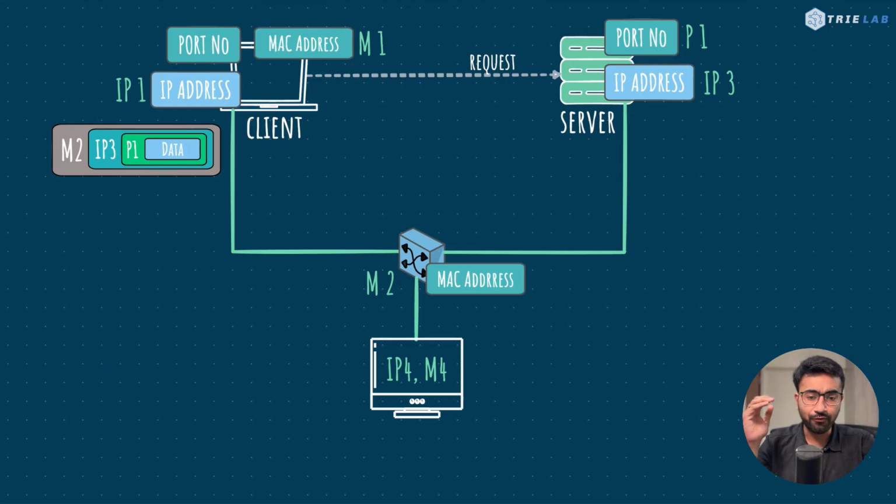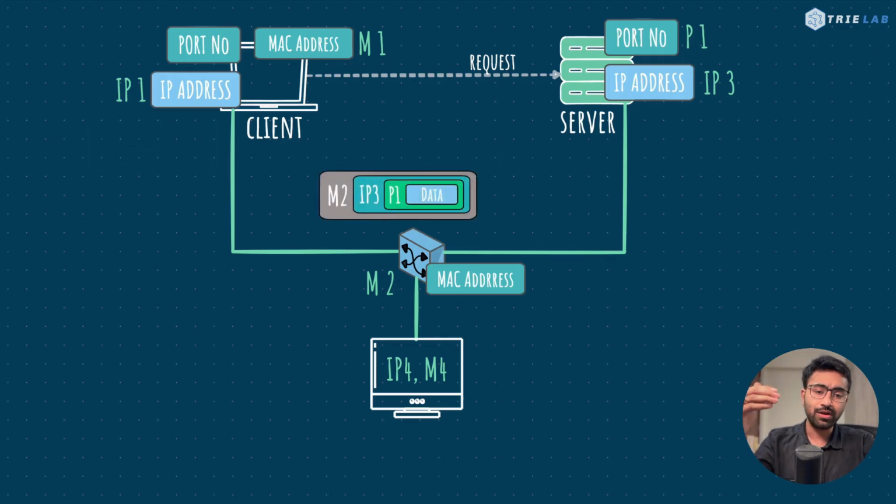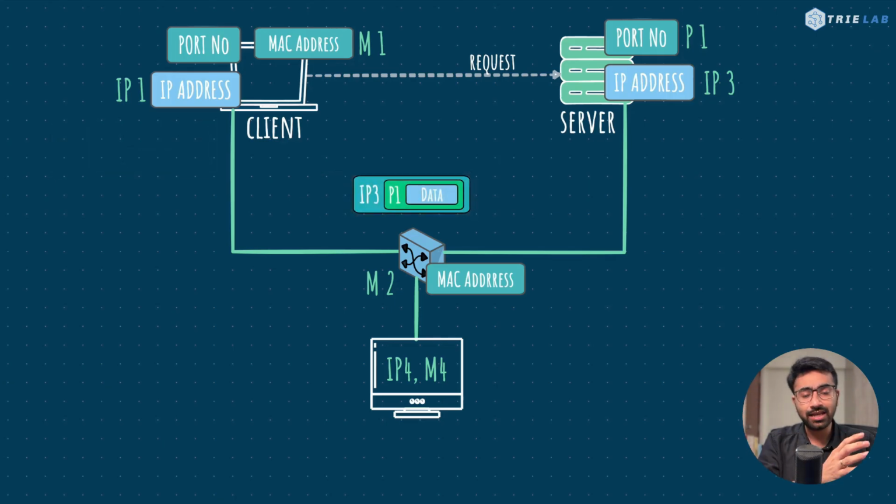So the client will now forward the packet using the physical medium to the switch. The switch will unwrap the packet and will see that, oh, I have to send it to a client or a server with IP as IP3. Now the switch doesn't really know which MAC address this IP belongs to. For this, the switch will need a table to understand which MAC address corresponds to this particular IP address, and then it can forward it to that particular device, whether server or client.